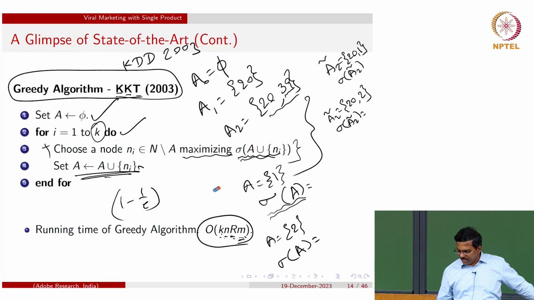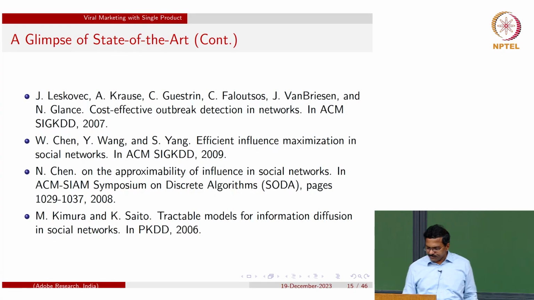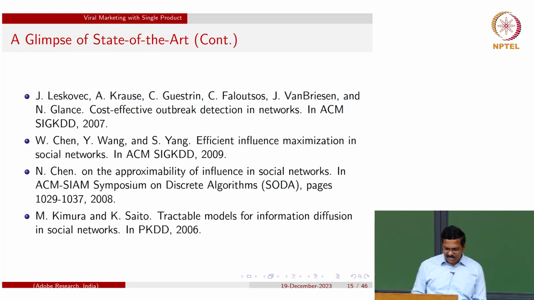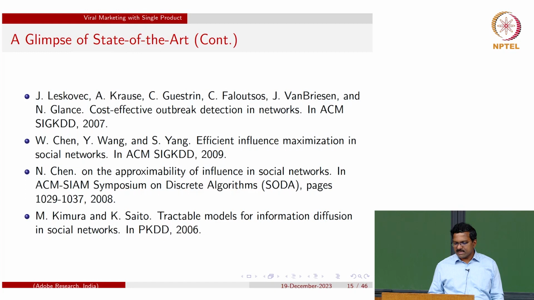Okay, so there are so many variants of this problem available. I think I gave some important references. These are all a bit old references. As part of my PhD thesis, I worked on this, but of late I am not exactly working on this. But if you just search in Google for influence maximization through social networks, you get tons of papers.